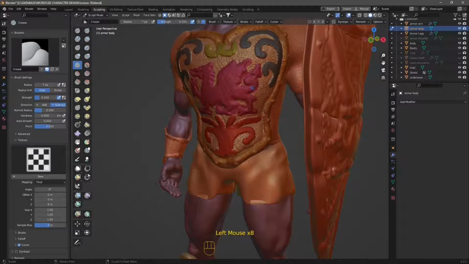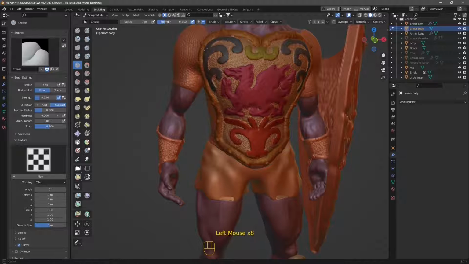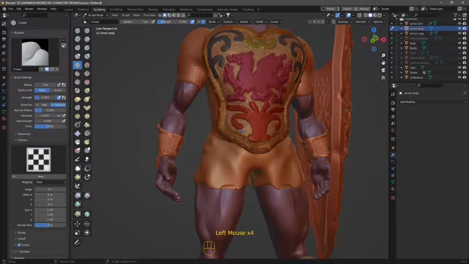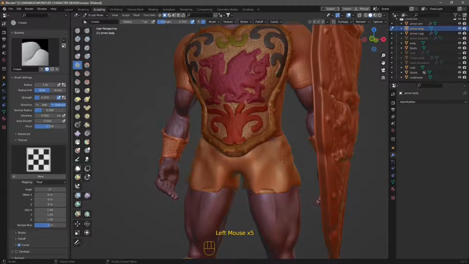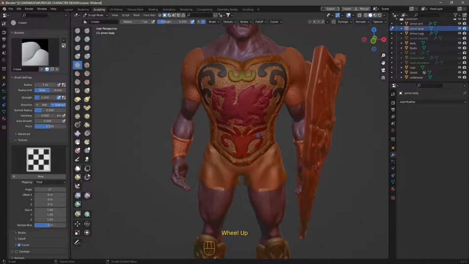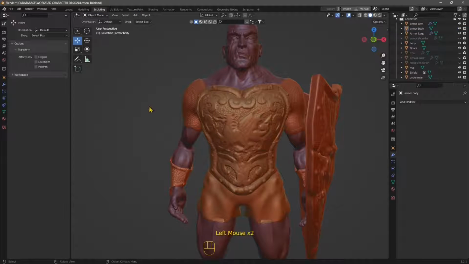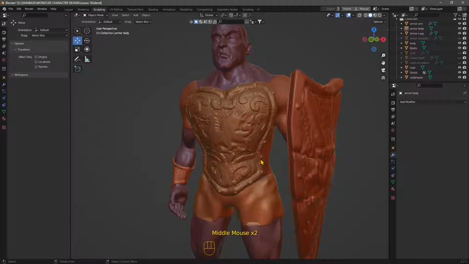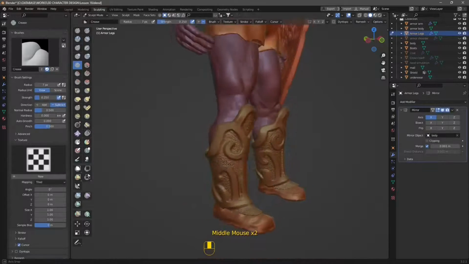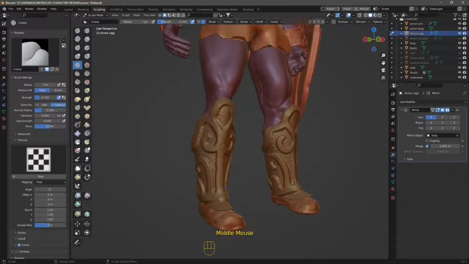I can use the same face sets later to paint with different colors on different areas. Painting is really similar to sculpting in terms of what options and parameters you can use. Techniques are just a little bit different, but I will explain techniques, tools, and everything in just a minute. I just wanted to show you here how we can create some more realistic effect on these pieces of armor